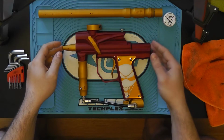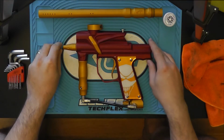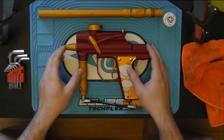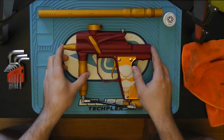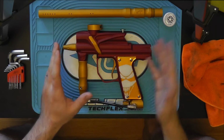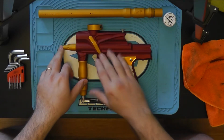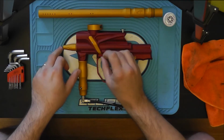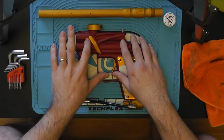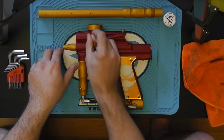Today I'm going to do the Supergun show on the '09 Alien Independence. I actually thought it was a 2010 when I got it, but it's an '09. In case anybody's wondering what the differences between an '09 and a 2010 are, the only real difference is here with the eye cover. With the '09s you'll see that it's just a nice flat, straight section here. But with the 2010s, it kind of comes out and then curves up a little bit,